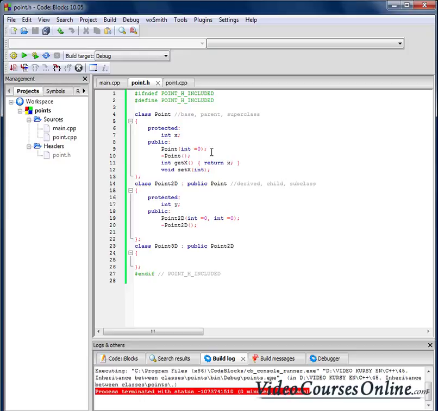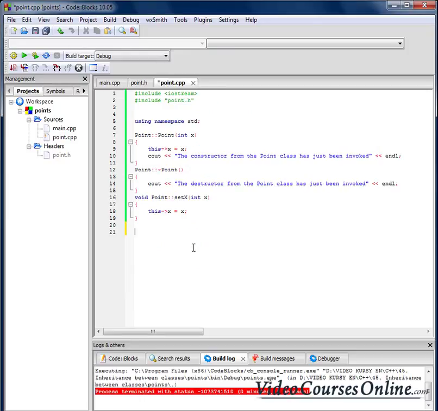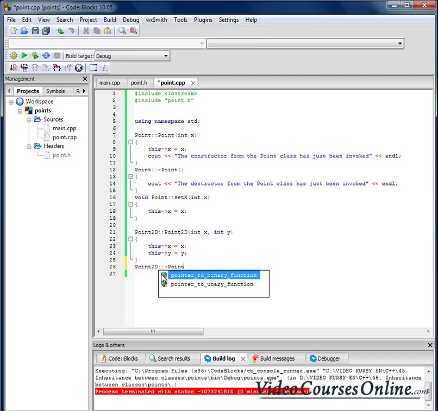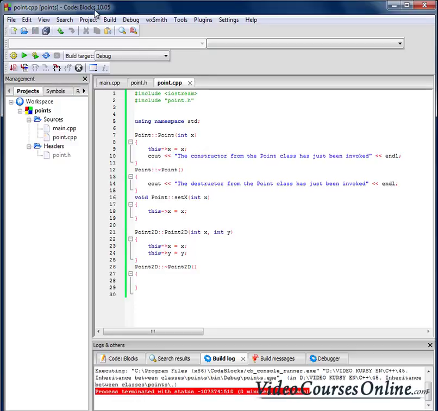And now let's go here and we'll go into Point2D, then into that place here, int x and int y. And now notice one thing, we can do it that way and everything will work fine. Well, let's create the destructor also. Everything should work fine,